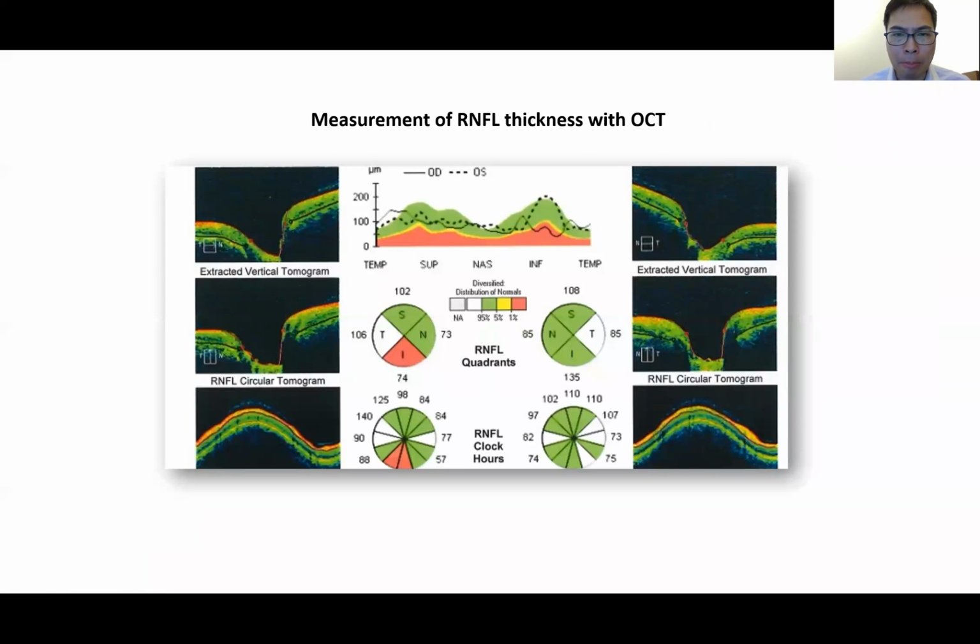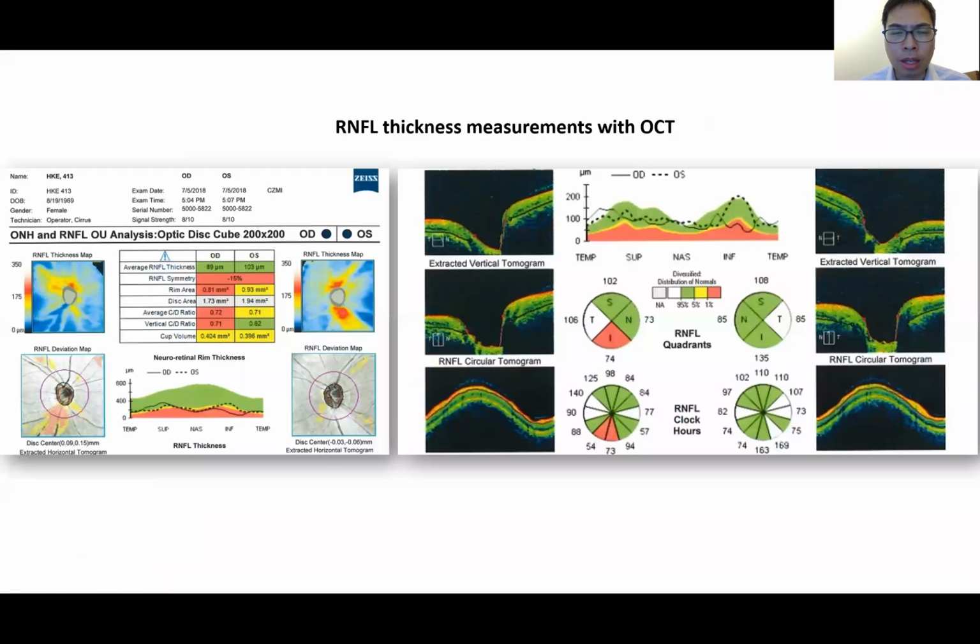This is the circumpapillary retinal nerve fiber layer measurement obtained from the Swept-Source OCT. Many of us here are familiar with the clock hours and the quadrant annotations of the RNFL thickness. When we see red, it indicates the measurements are below the normal reference limits. Green is within normal limits. But I encourage you to look beyond the ring, to look beyond the circle measurements,